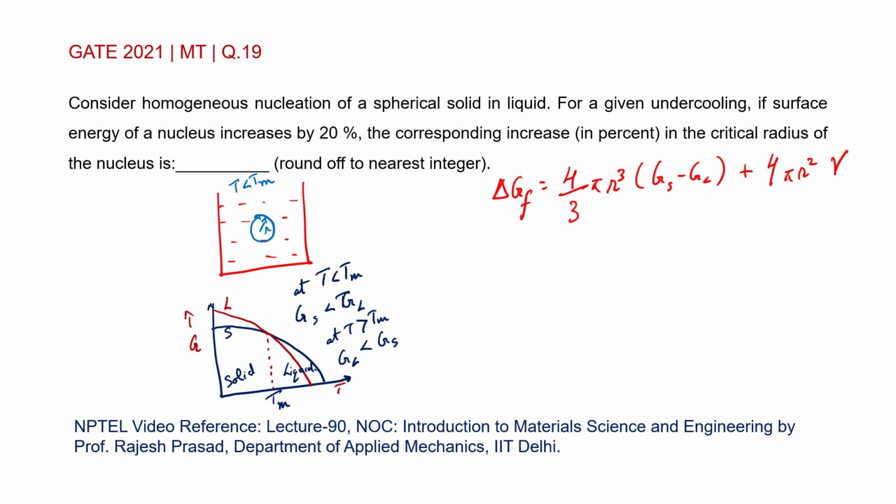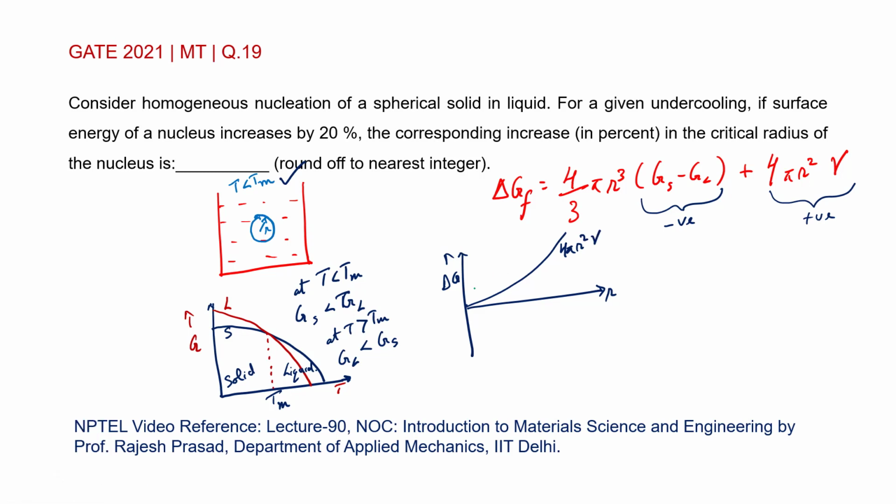Right? Now what you will observe is the GS minus GL is a negative term at temperature less than the melting point. Okay. While this term is always positive. So if I have to plot the delta G curve versus r, this will be your always positive 4 pi r square gamma,